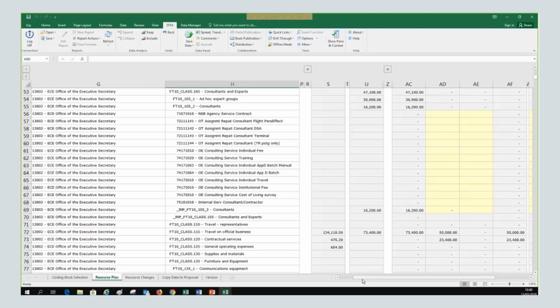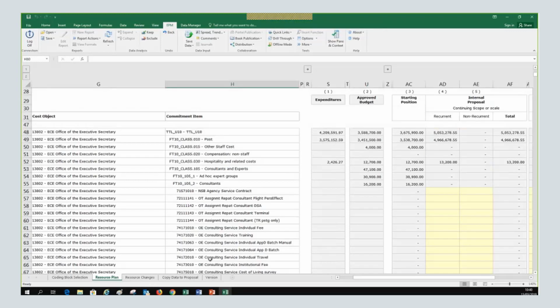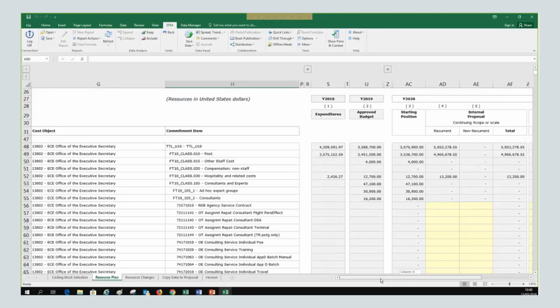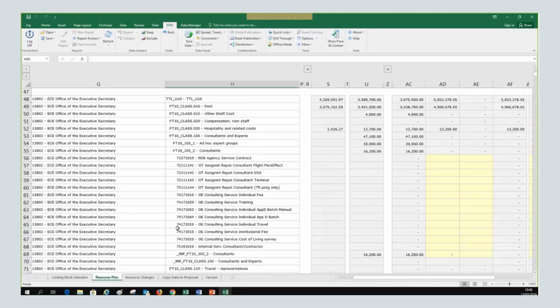Maybe the point of the question is because you may be budgeting for the same commitment item for two different reasons, and then it's probably something that once we go to the resource changes, is going to make sense, and you will see that you may not need multiple commitment items, okay? Because then there is a breakdown later. Okay, now let me explain to you how the form works, basically, and then we will see. And please, if the commitment item part was still not clear, we will see it now in a better way.